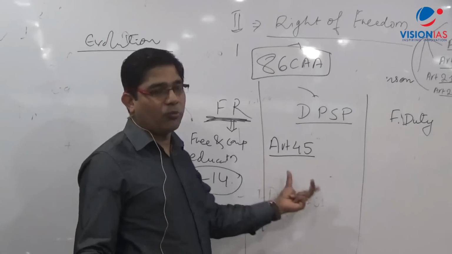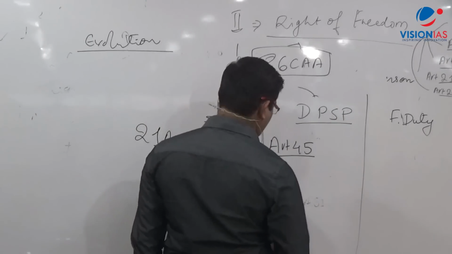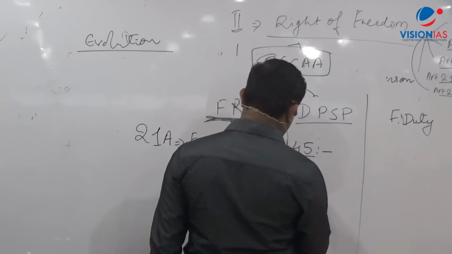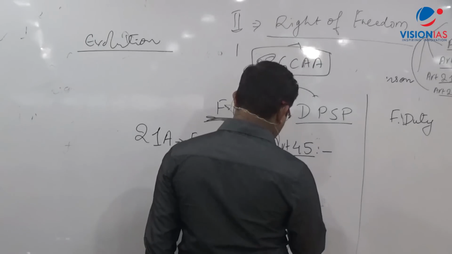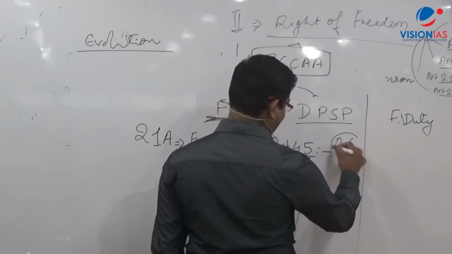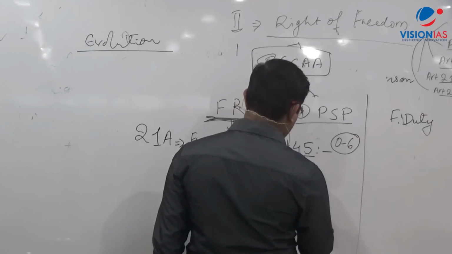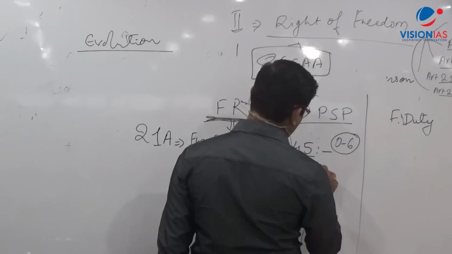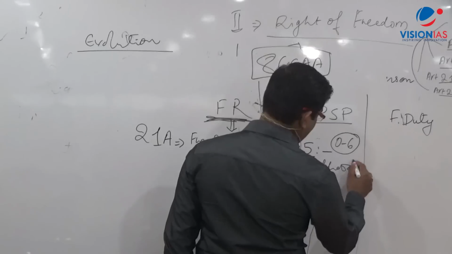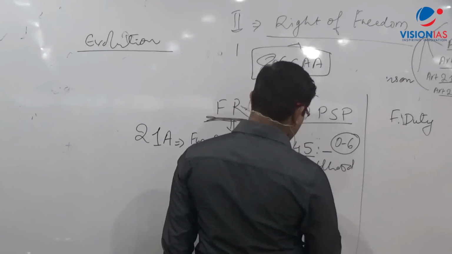So यहाँ पे कुछ modification हुआ. What is the modification? How does it read now? Yes, 0 to 6. What is 0 to 6? Education नहीं रहेगा. Primary education 0 to 6 कहाँ पे आएगा? Yes, early childhood care and education लिखा हुआ है. Yes, non-formal education. Early, not primary. Early childhood